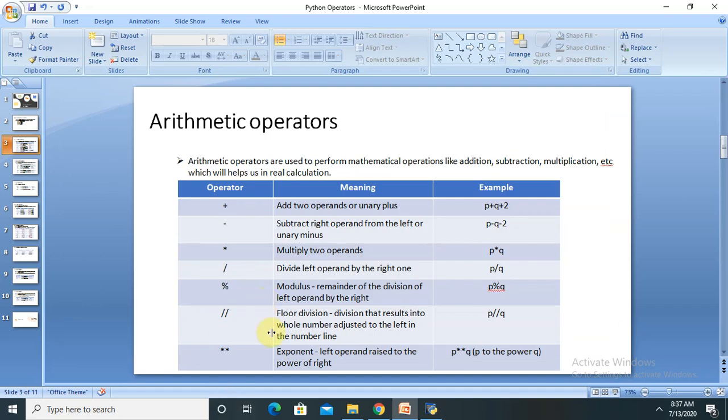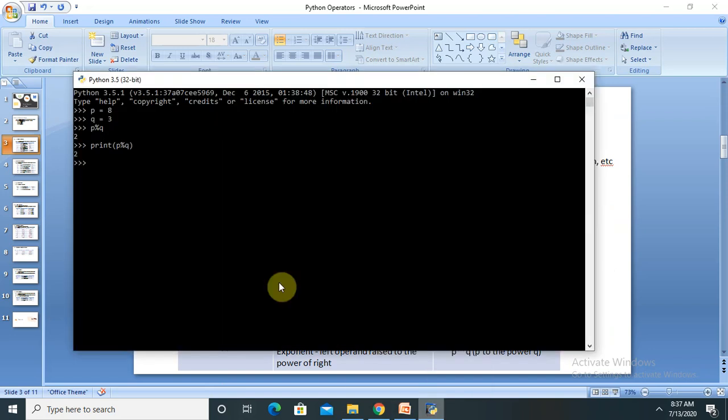There are some other operators like floor division, which divides and gives the result as a whole number adjusted to the left on the number line. So let me show you this as well. p equal to 3.0 and q equal to 2.1.